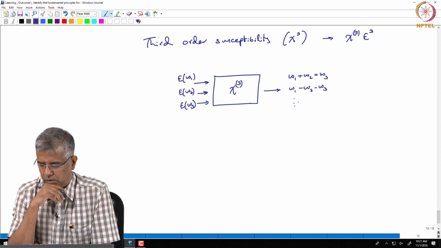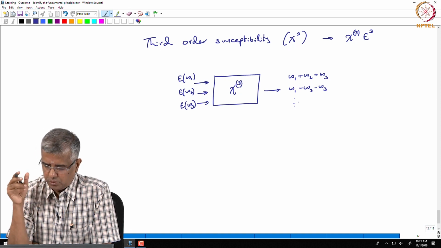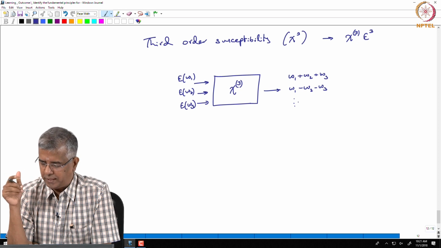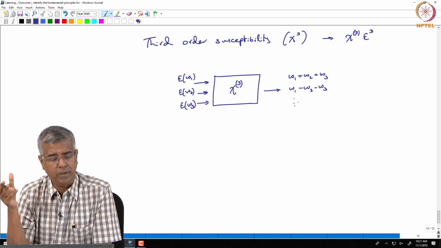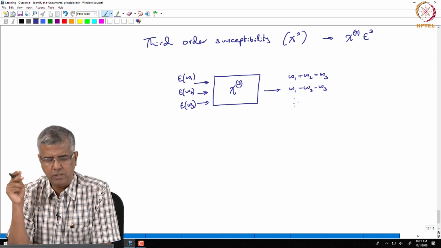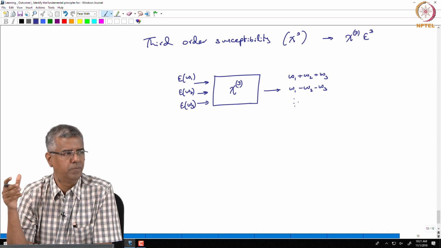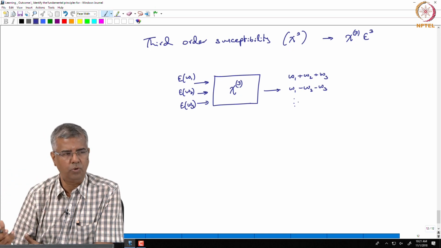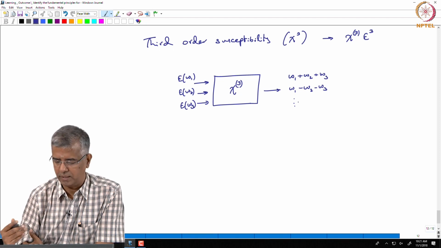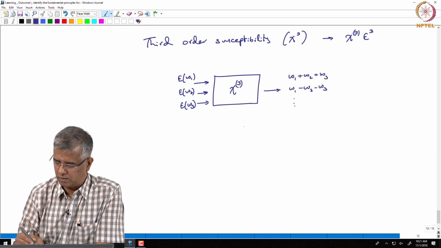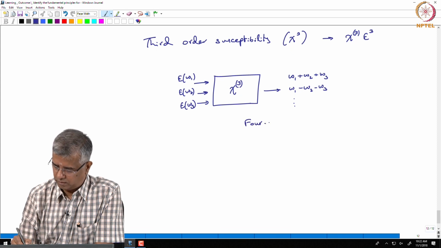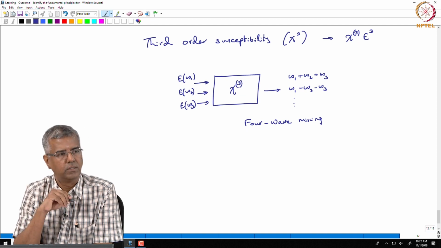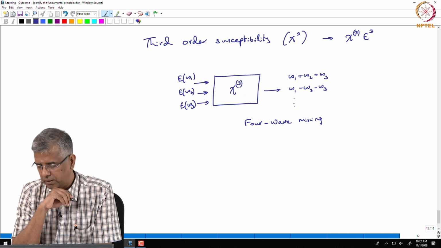So, this process through which you have 3 waves interacting and creating a new wave, because these frequencies are representing a new wave, a different frequency. So, there are actually 4 waves that are involved here. So, this sort of process is called 4-wave mixing, right. So, Chi3 enables 4-wave mixing,